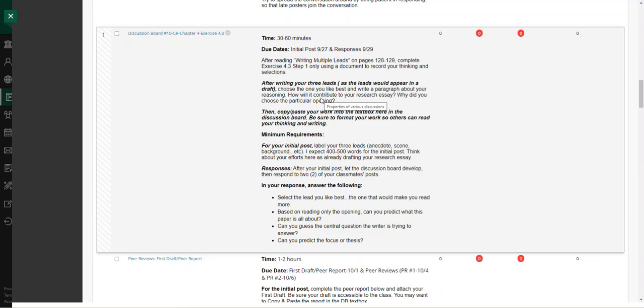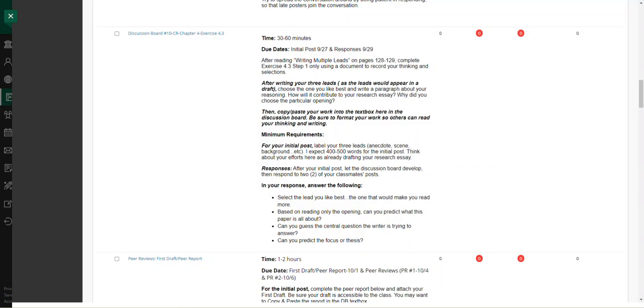Copy and paste in the text box, and then tell me which one you like. I'm interested. I need to know. So with the 3 leads and the commentary on it, you're looking at about 400 to 500 words. Okay. Take this as an opportunity to test out an introduction. Copy paste. Start building your draft for the research essay next week.